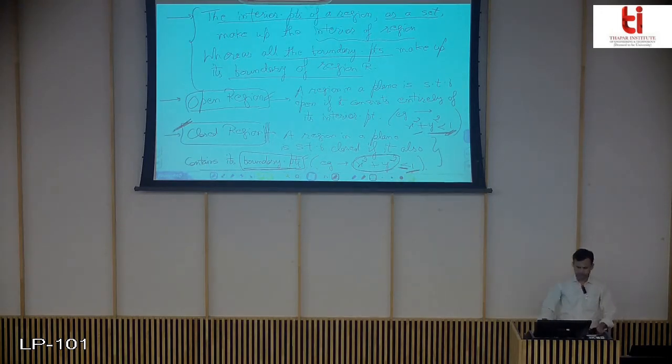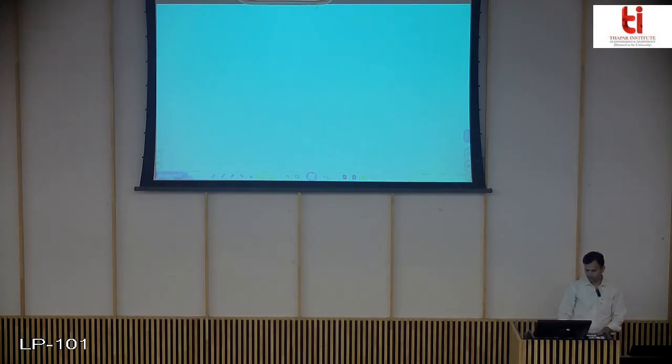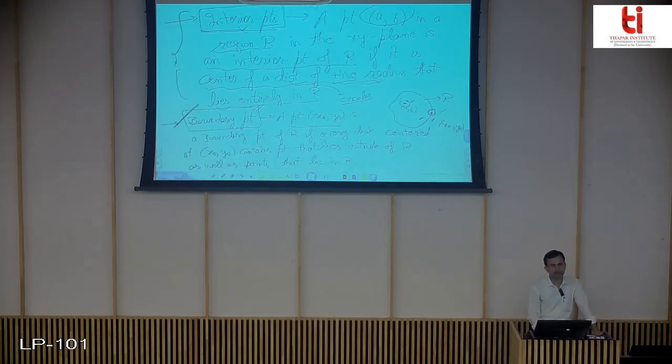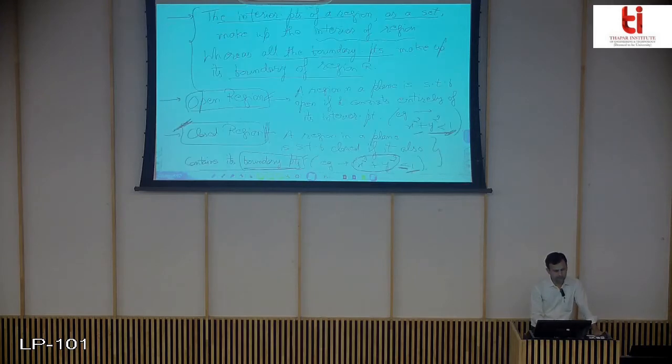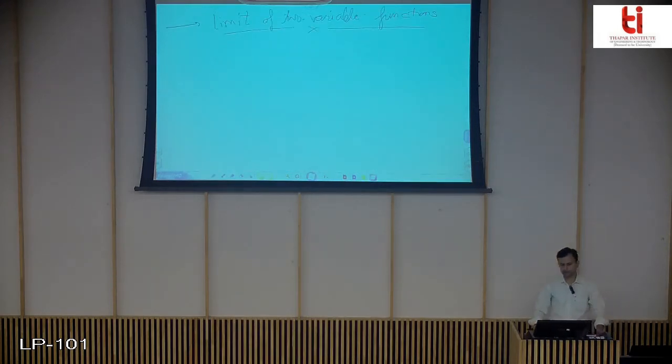So basically these are some of the terms that we will use in the definition of limit of two variable function. Let me now write the limit of two variable function, and these definitions will also be used in other topics. So I have just cleared these definitions: what are interior points of a region, boundary points, interior of region, boundary of region, open region and closed region. Okay, so now let us come back to our topic that we were doing, limit of two variable function.